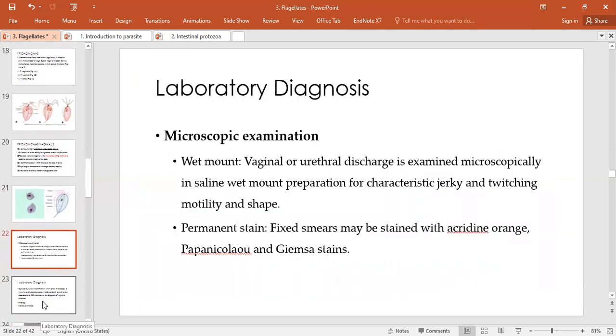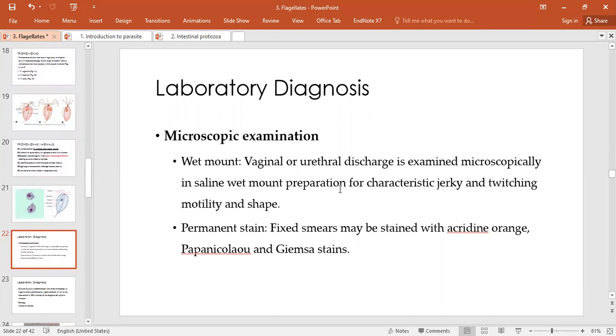The laboratory diagnosis of Trichomonas vaginalis, microscopic examination. Wet mount: vaginal or urethral discharges are examined microscopically. We have a wet saline where we place a drop on a slide and then we take a swab from the infected area. We swab it, like wipe it with a cotton swab, and then we mix it with the wet drop and we view it under the microscope, where we can notice the jerky or twitching motility and shape